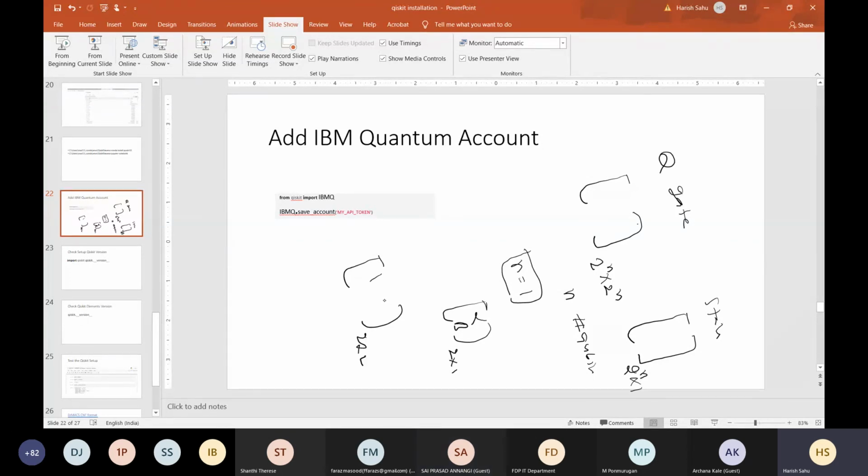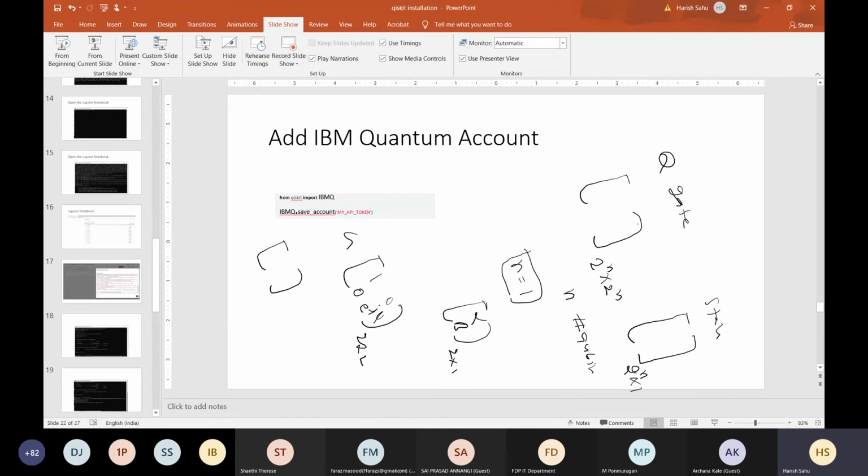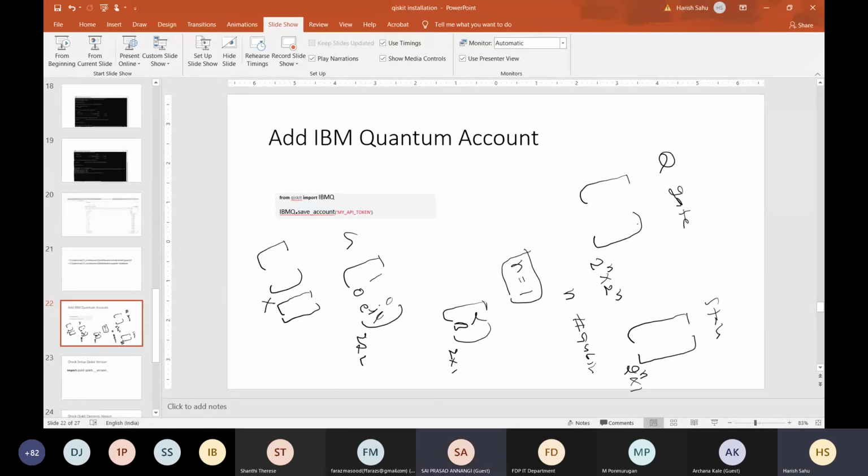Some value will be there, like e power i phi or something. So it will be a gate. What we are doing is just applying these matrices on this matrix. Ultimately, this matrix multiplication is what is happening, and it has been physically experimented and verified that a similar thing happens in actual quantum systems. So this gate operation on the state gives a new state S dash, again a column vector of 2 cross 1.